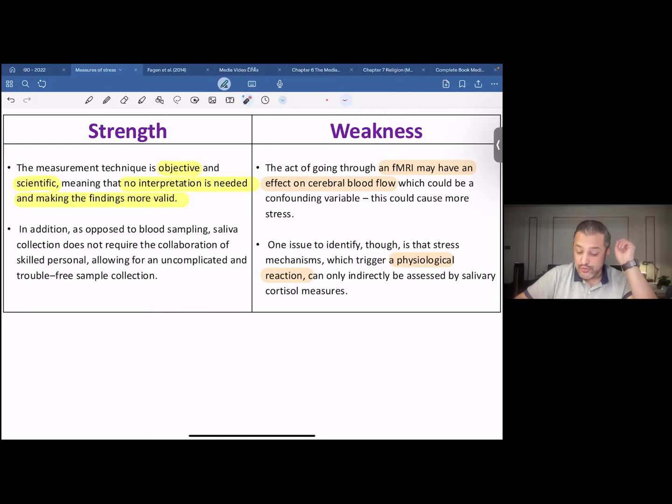Moving on towards the second weakness, one issue to identify though is that stress mechanisms which trigger a physiological reaction can only indirectly be assessed by salivary cortisol measures. This is something that I had mentioned right at the beginning of the lesson. Stress cannot be measured directly. We cannot measure stress directly. The only way for us to be able to measure stress is either by using self-report measures, or any behavioral observation, or any biological parameter, which over here we used as